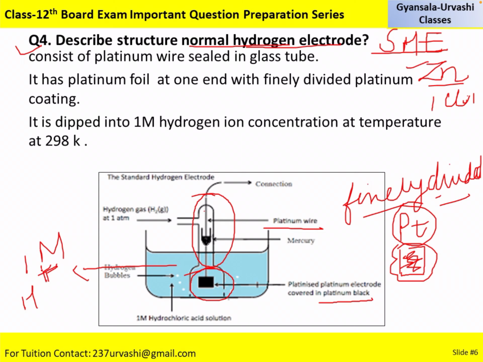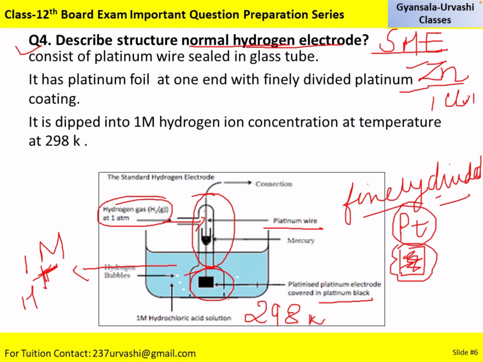I am not writing in words, I am simply writing H positive, hydrogen ion concentration solution, and the temperature which we have mentioned is 298 Kelvin. So this is the temperature. Okay. And one more thing is required, that is hydrogen gas at 1 atmosphere. So in this case we will be bubbling hydrogen gas. Okay. Now the setup is ready. I'll tell you a little bit more about how the standard hydrogen electrode works in the measurement of reduction potential. What happens?